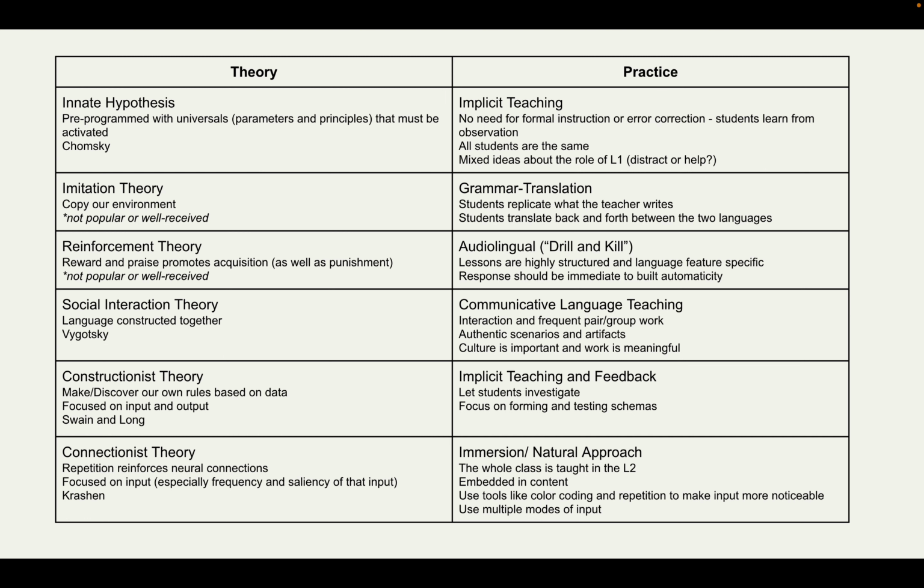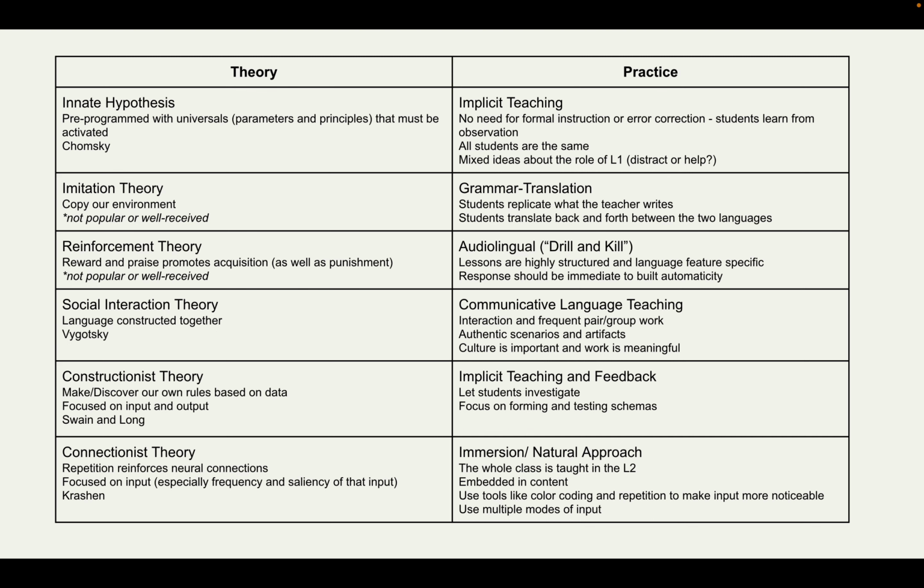For example, social interaction theory from Vygotsky is a very popular theory. It's the idea that language is learned from social interaction, that we learn from a need to communicate with others and from watching others, that we model this internal dialogue in the real world. If you believe that's how language is acquired, your teaching might be communicative language teaching, in